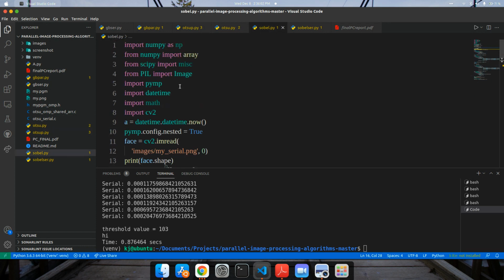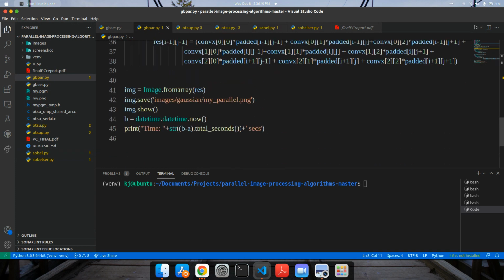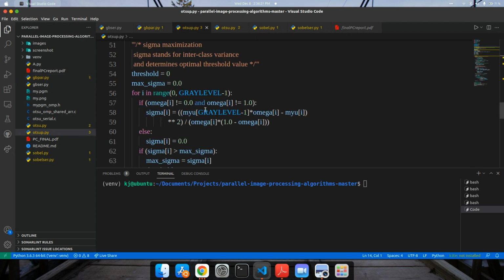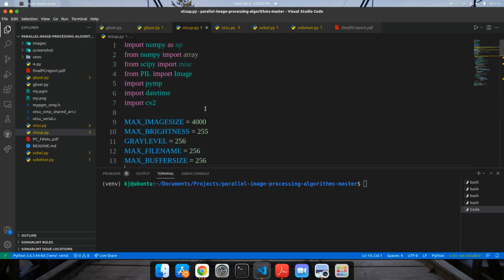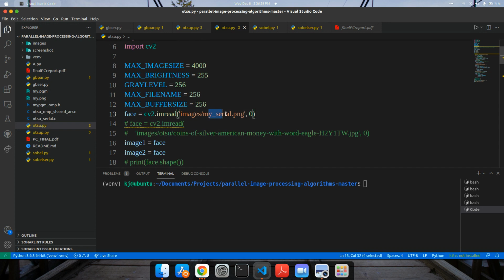The Sobel edge detection algorithm, which detects the edges in the images. Here the output I have stored in my parallel.png from the Gaussian blur, which denoises our image. The same thing I have used as the input in the parallel one too, here my serial.png, and here my serial.png.